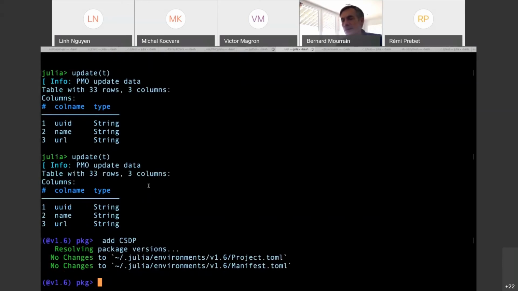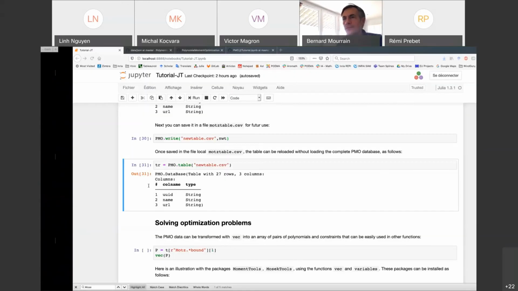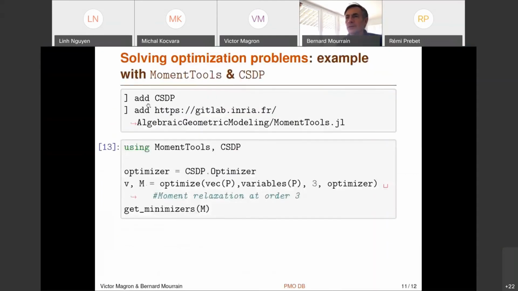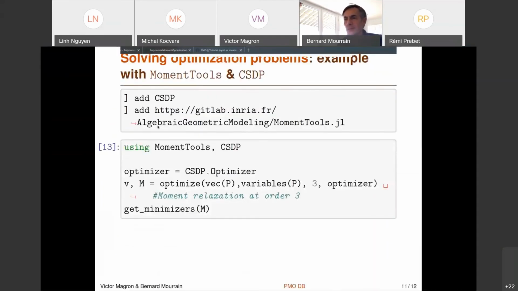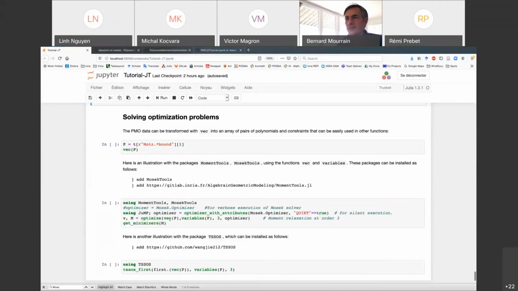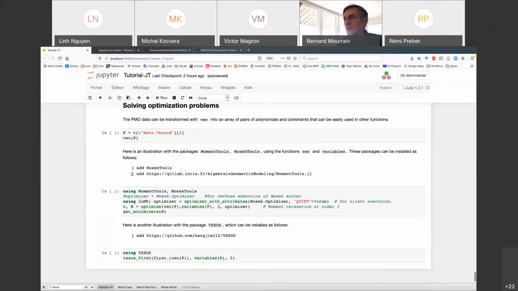and so here, yes, it's already done. So I use here in this example Mosek.